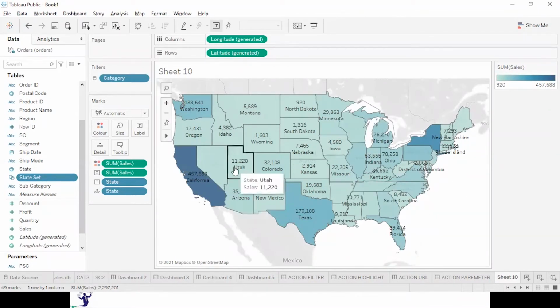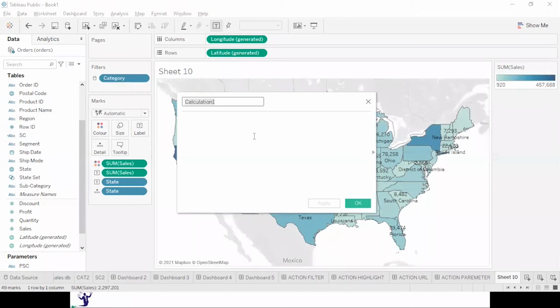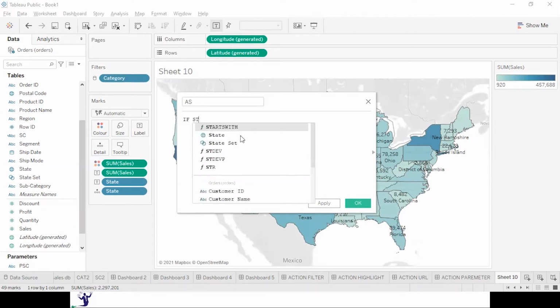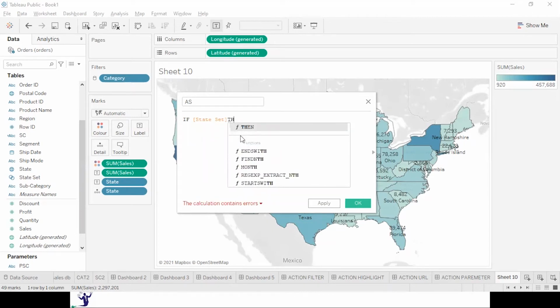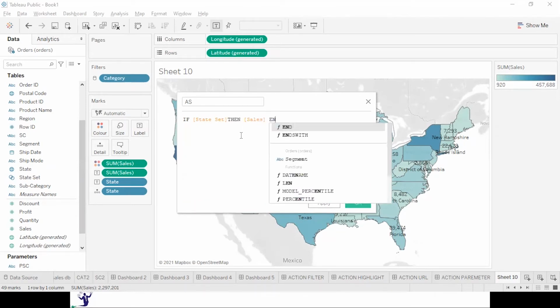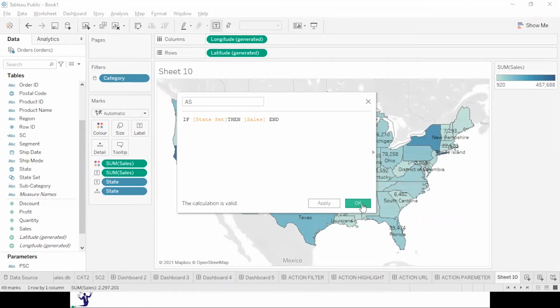Okay, so now we have created a state set. I will create a calculated field. Let me say area sales. I will say if state set then sales, and say okay.